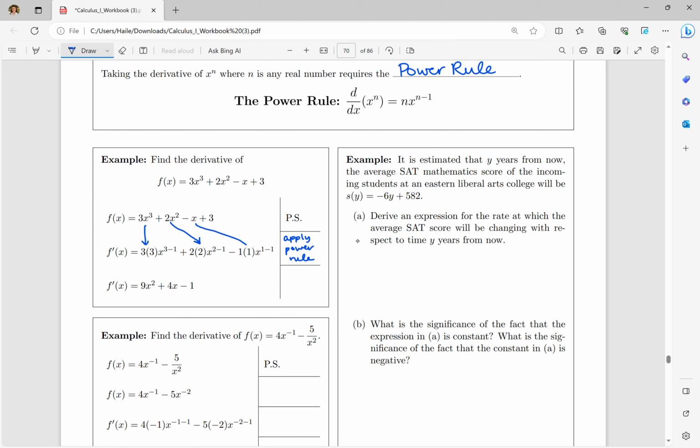And finally, on the negative x, it's an understood exponent of 1 right here, the 1 comes down to the front, and we subtract 1 from the exponent. So all we do from the second to the third step is just simplify everything that we did for the power rule. And so we should end up with 9x squared plus 4x minus 1. So notice that constant of 3 has disappeared because we used that rule of,